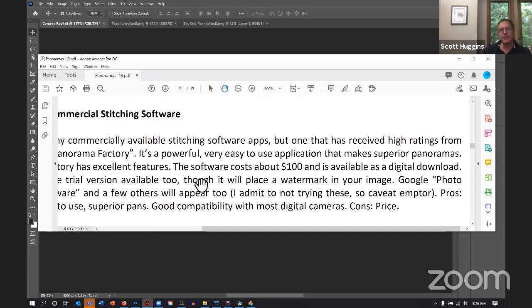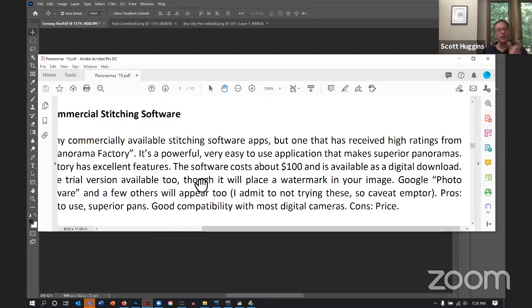I just literally have never discovered anything as good as Panorama Factory. And frankly, I would never recommend anything else. Not that I would ever tell you not to pay the license for it, and the license is cheap. The full license for Panorama Factory is $79 or something, 80 bucks. It's a relatively affordable piece of software. But if you download the freeware,